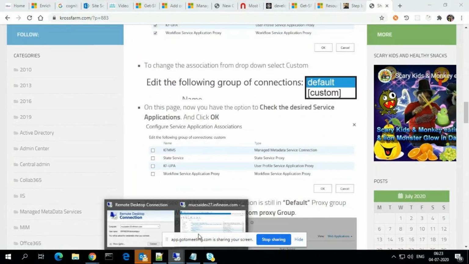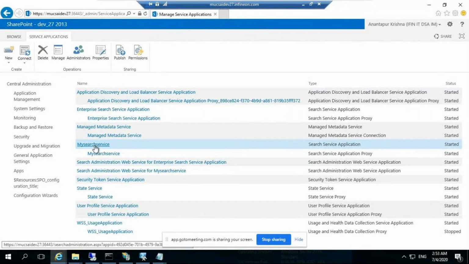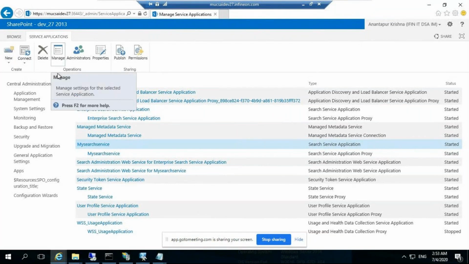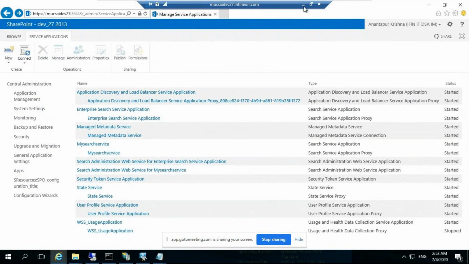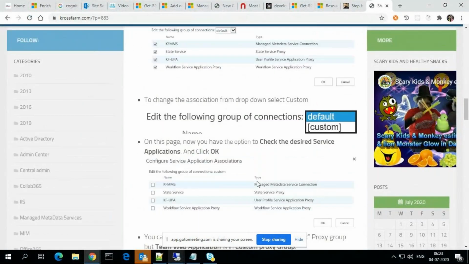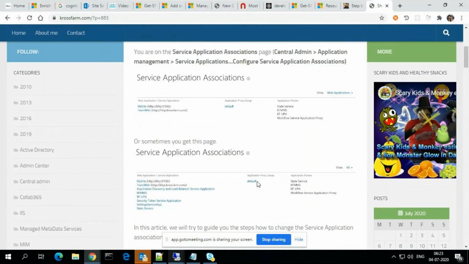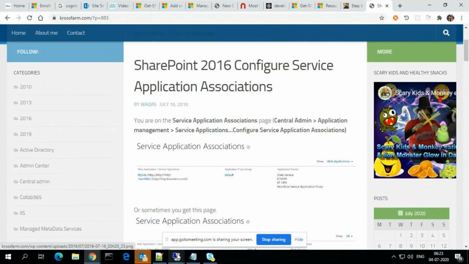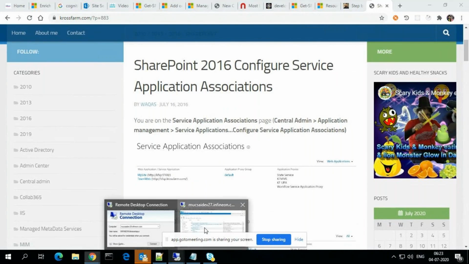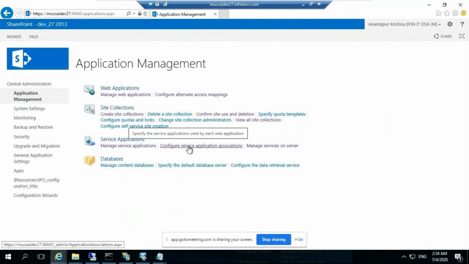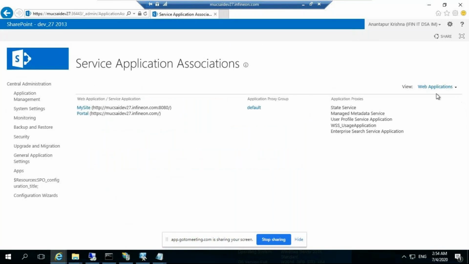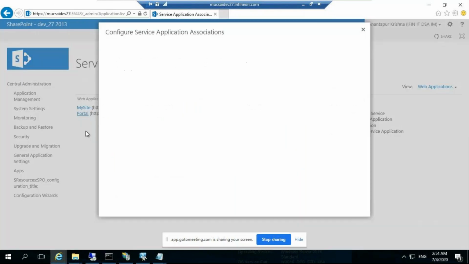I was searching for this. If you go to manage service applications, the section is configure service application associations, and then we need to select the web application. So here it is.